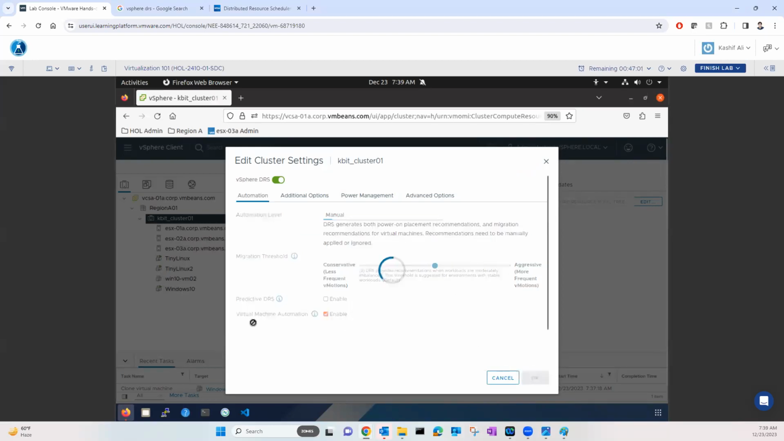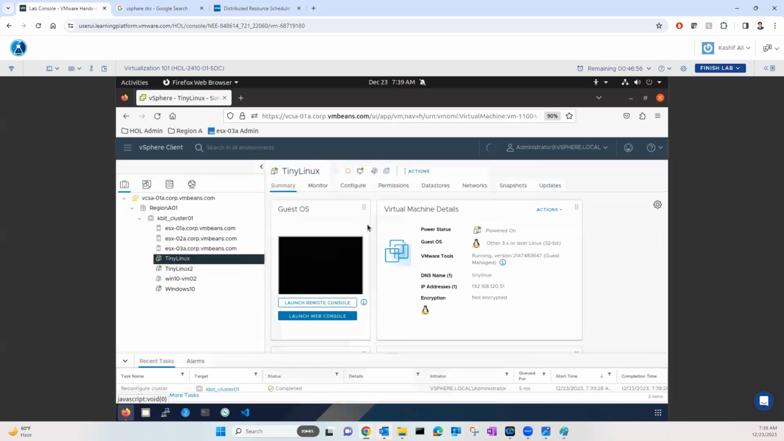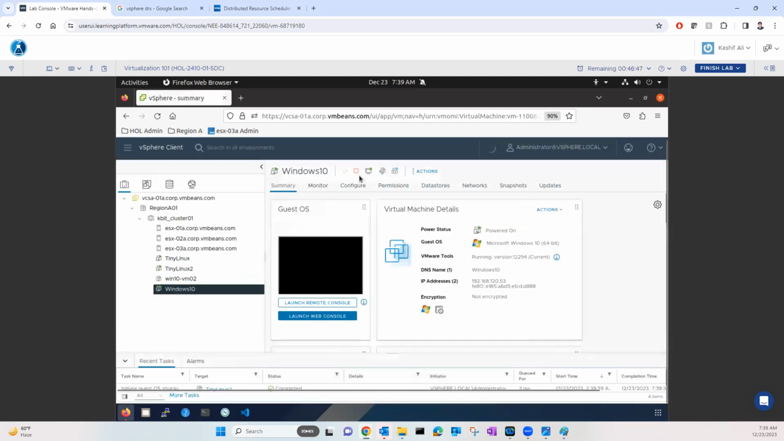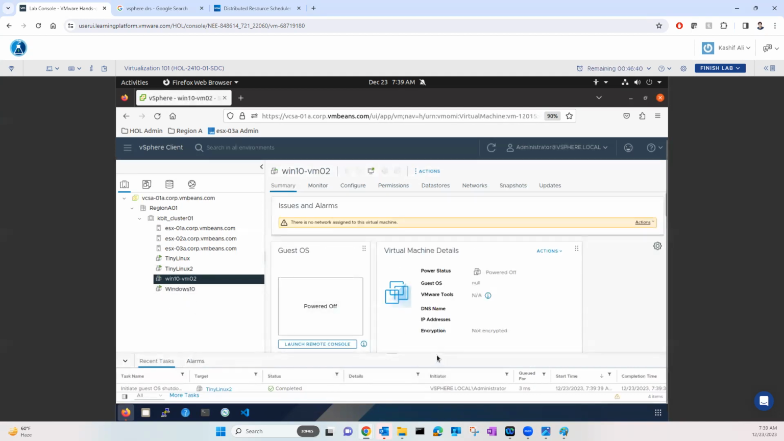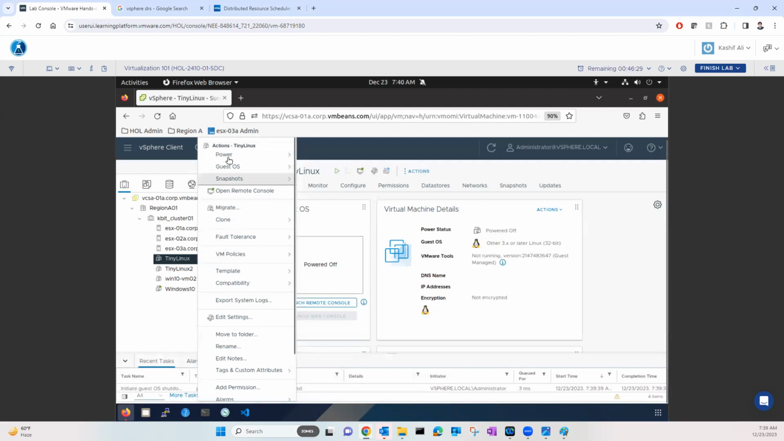And let me click OK. And I'm going to power off all the virtual machines. So let's do that. So we have the DRS feature enabled, but the automation level is manual. And if I'm going to power on this virtual machine, power on,